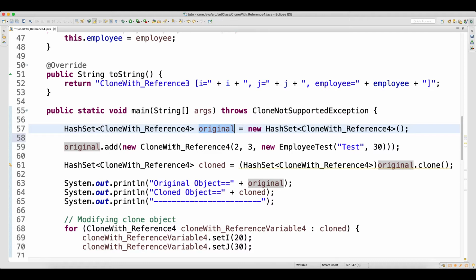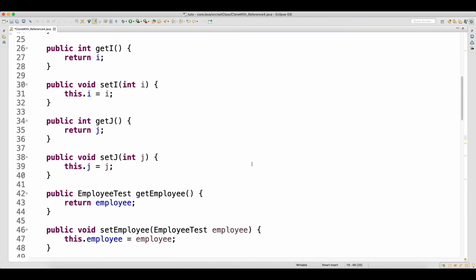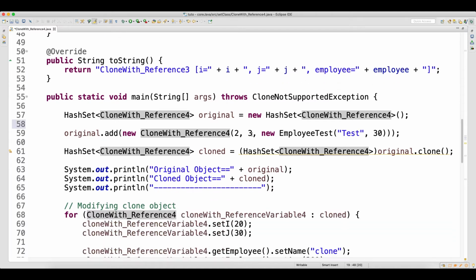So now when you are adding the record, you are adding 2, 3, because your constructor has ij and then another object. So this again is one more object, new EmployeeTest, and this has a name and age. So test and 30. So one record you have added in your HashSet.